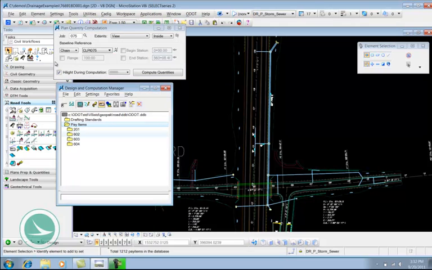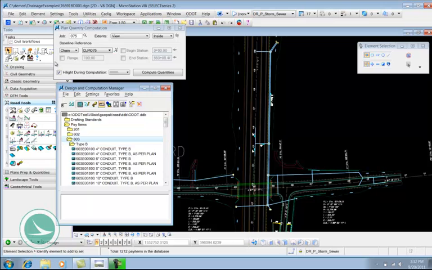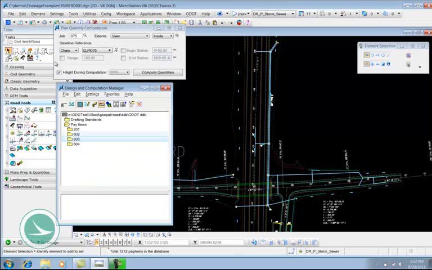What I'm going to do is just leave it on the pay items category and have it compute anything that it finds that recognizes a pay item. But if I wanted only the 603 items, I could pick that group, or maybe if I wanted only the type B items, I could pick that group. Or if I wanted only a couple of categories, I could pick a category, and then there's an add it